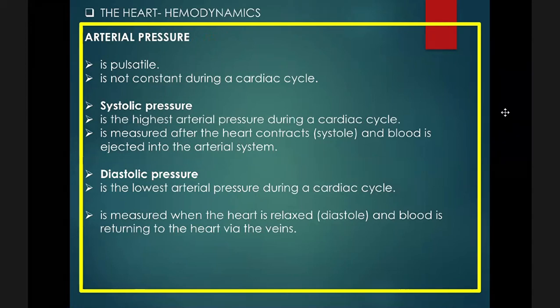So systole is the highest arterial pressure during the cardiac cycle, while diastole is the lowest pressure during a cardiac cycle. Don't be confused ha. Na nakukuha mo,